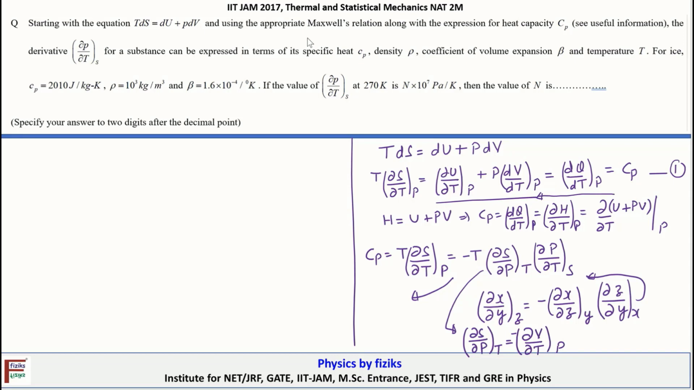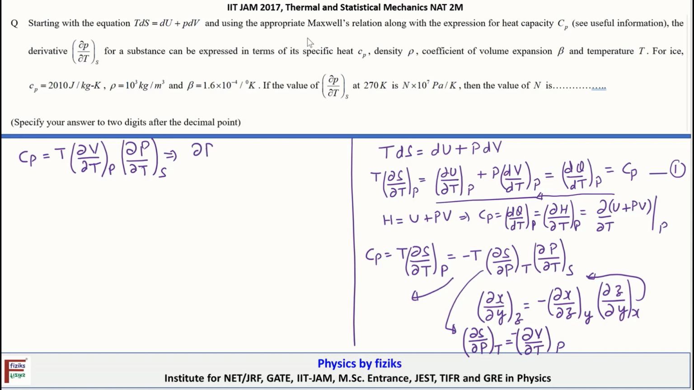So by making use of these two results, this equation can be rewritten as Cp equal to T dV by dT. The negative sign and negative sign will disappear, so that is equal to T dV by dT at constant pressure multiplied by dP by dT at fixed entropy. So now we have to evaluate this dP by dT at fixed entropy,